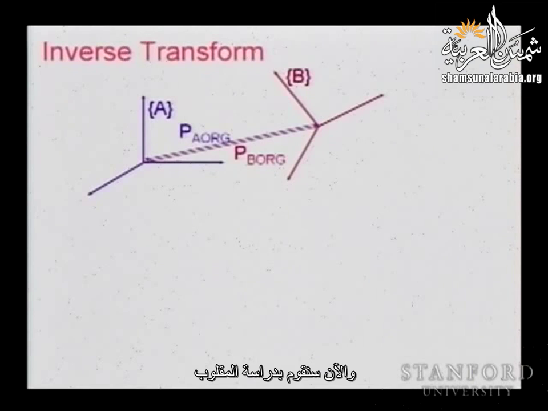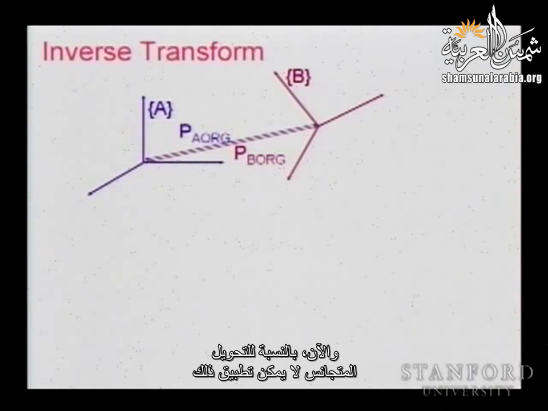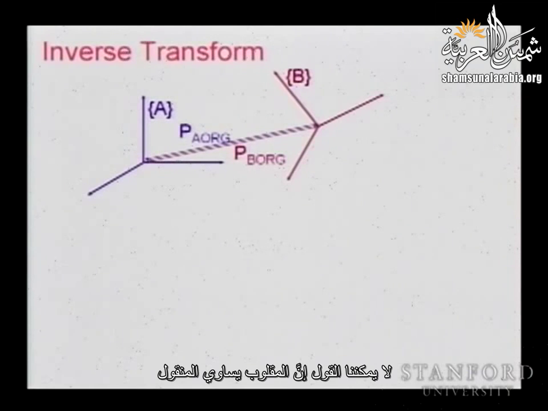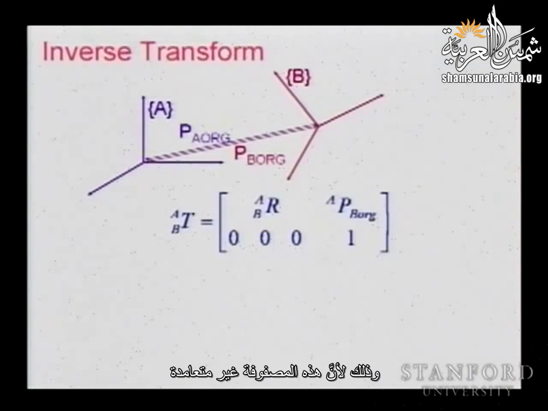And now we're going to look at the inverse. In the case of rotations, the inverse is very simple. What is the inverse of R, the rotation matrix from B to A? Transpose. Now, for the homogeneous transformation, this is not the case. We cannot just say it is the transpose. That is, this matrix is not orthonormal because of the presence of this translation. So the inverse is not